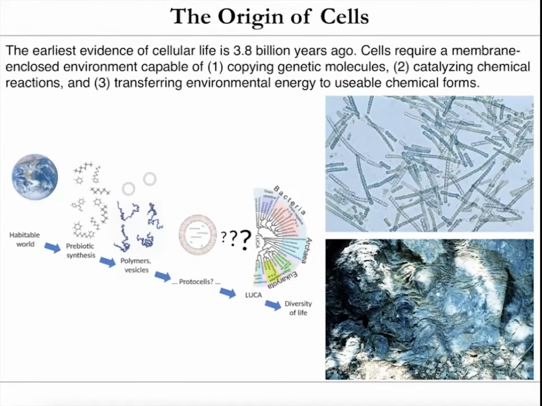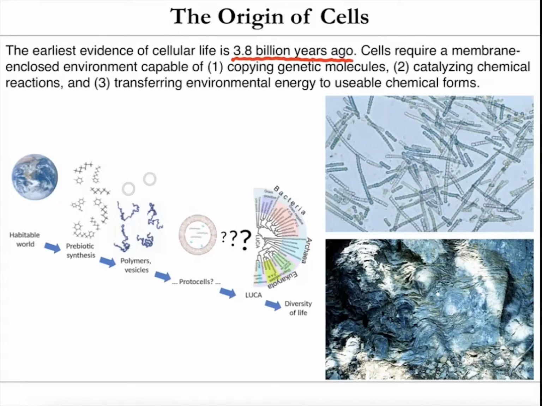So we just talked about how the cell is the fundamental unit of life. So where did all these cells come from? What was the first cell? Well, it's not exactly known how that happens. That's an active field of research that's currently being investigated, and there's a lot of hypotheses out there on how that could have occurred. But the earliest evidence of cellular life has been shown to be at least 3.8 billion years ago. That was only 750 million years after the Earth was formed.